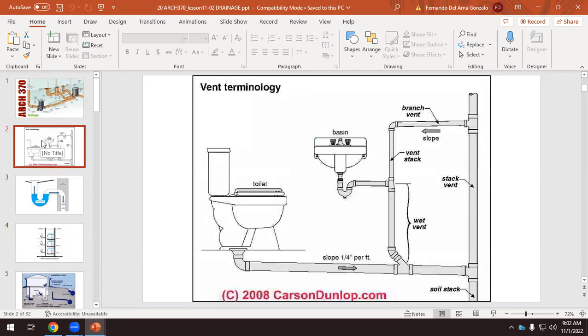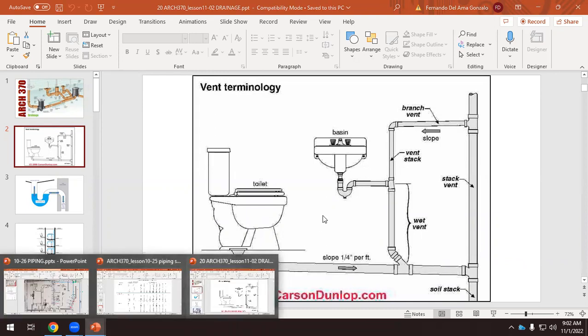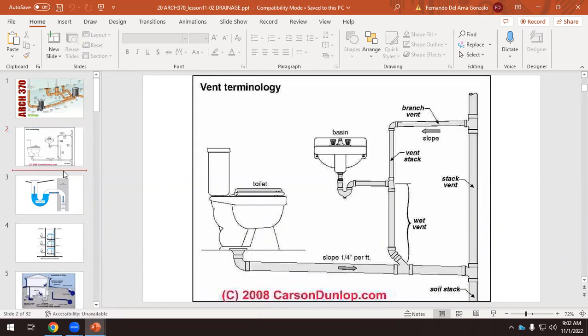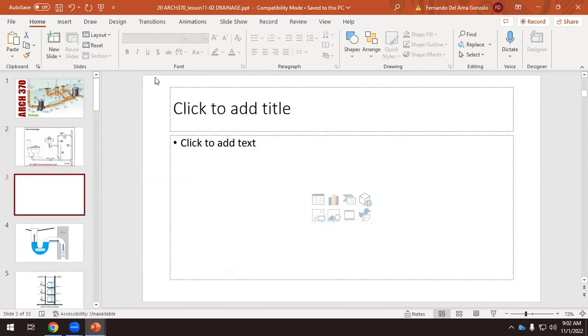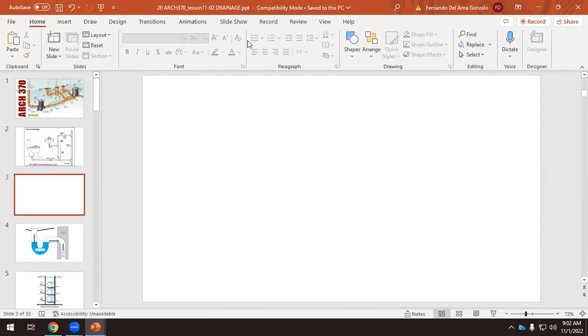So this is a typical bathroom thing. Okay, so we have a toilet. We have slope. So the minimum slope is 1/4 inch per foot. Okay, so that's the minimum slope. What does it mean? That means that if we are using a drainage pipe,